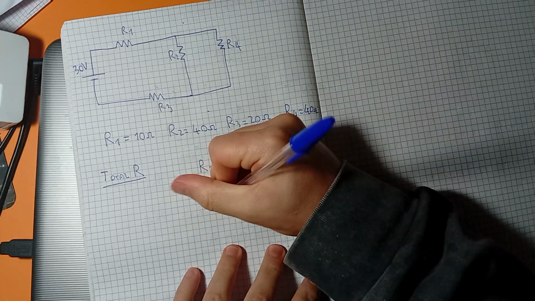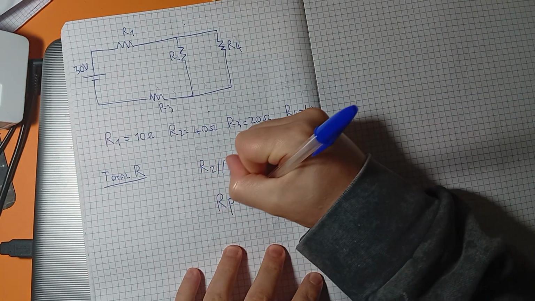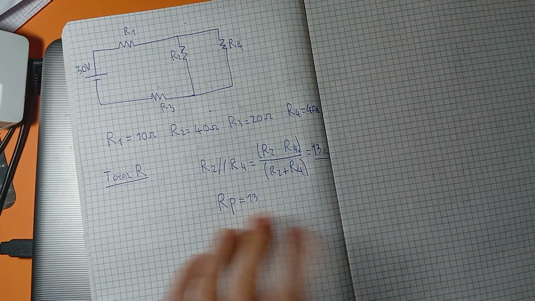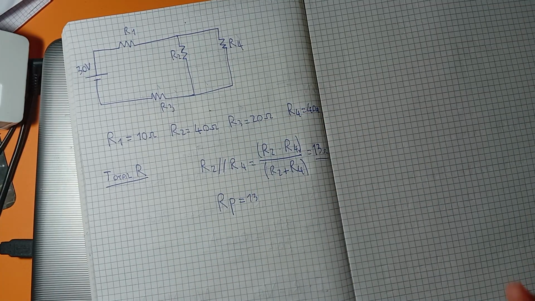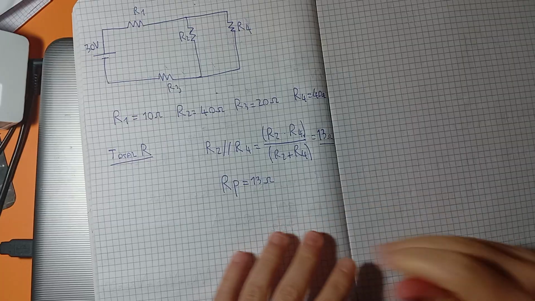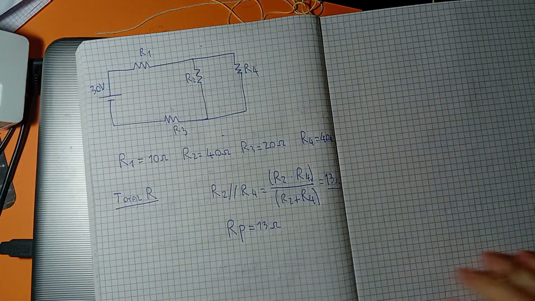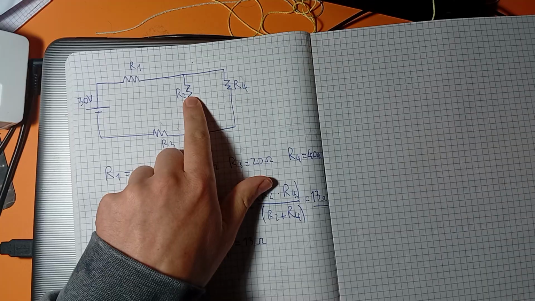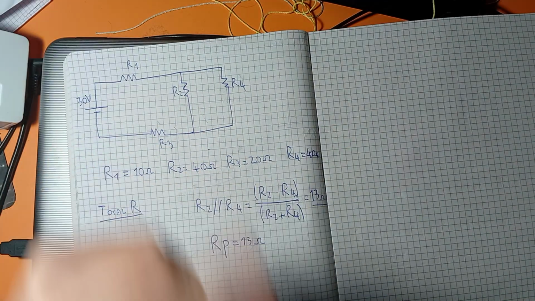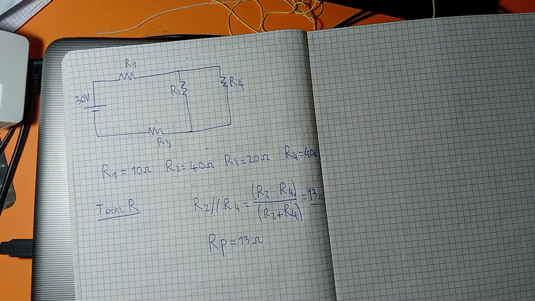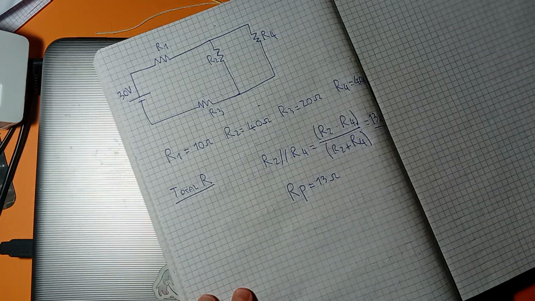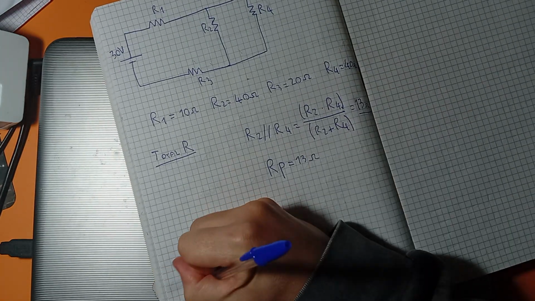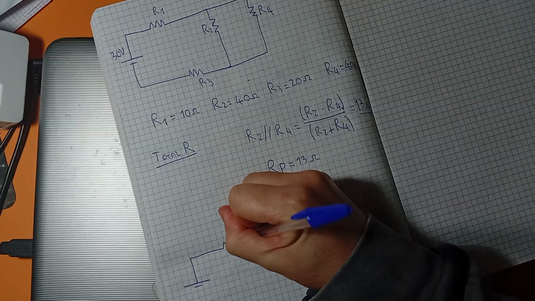We'll call the resistance RP, which is the resistance in parallel, the parallel equivalent. I could redraw this circuit in this way. In place of these two resistors in parallel, I can just put one resistor, which is the parallel equivalent of these two resistors. I can draw the circuit in this other way.